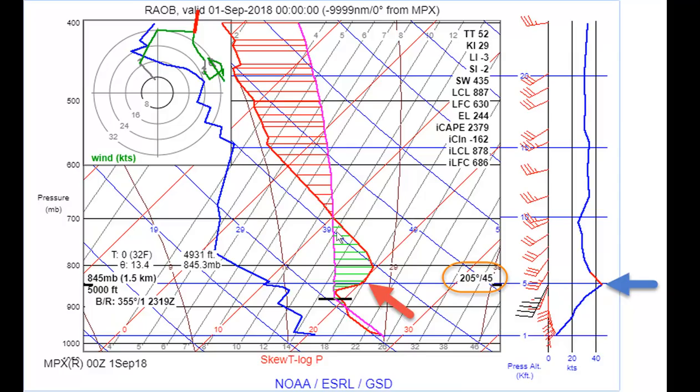Now, the other aspect of this is that this green hatched area is called convective inhibition. Basically, you can see here the atmosphere itself in this red line is actually quite a bit warmer than the parcel itself. But that doesn't mean that you need to start the lifting from this point upwards. So at some point in time, this cap can be eroded and eventually can tap into all that buoyant energy